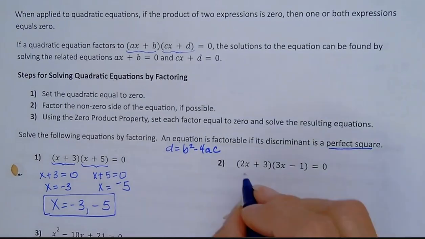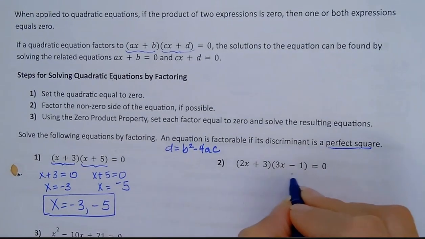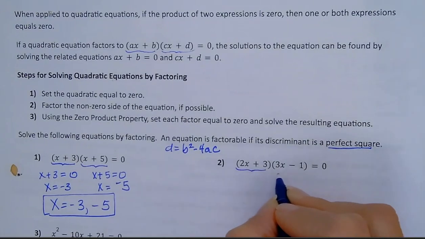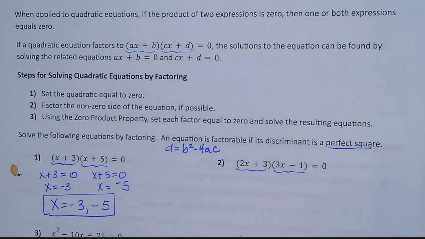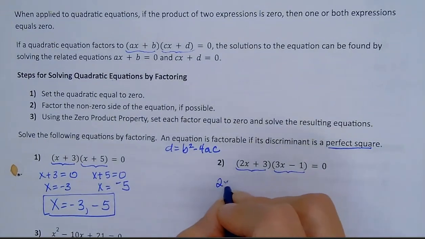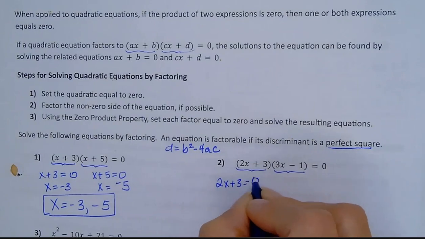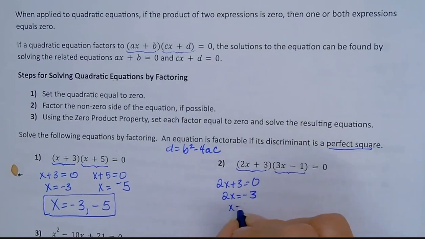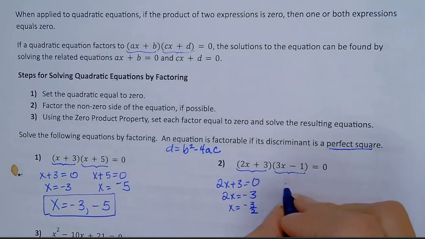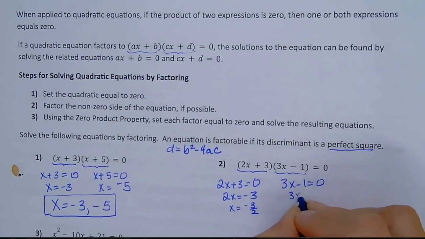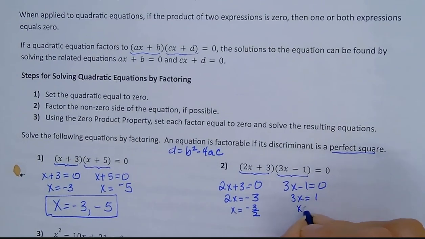All right. 2x plus 3 times 3x minus 1, all set equal to 0. I know this has to equal 0, or that has to equal 0, one or the other, or maybe both. Okay, so 2x plus 3 equals 0. I end up with 2x equals negative 3, and x equals negative 3 halves. That's one possibility. The other option is 3x minus 1 equals 0, which means 3x equals 1, and x equals